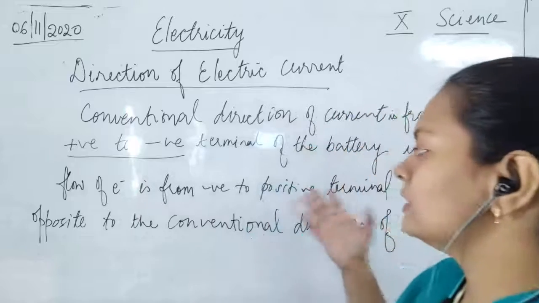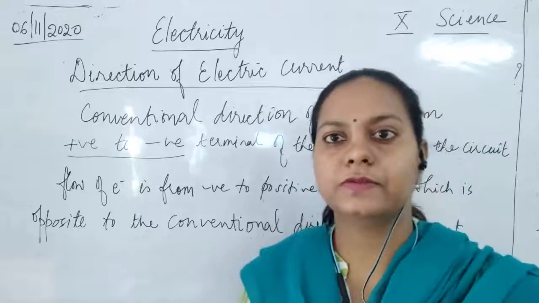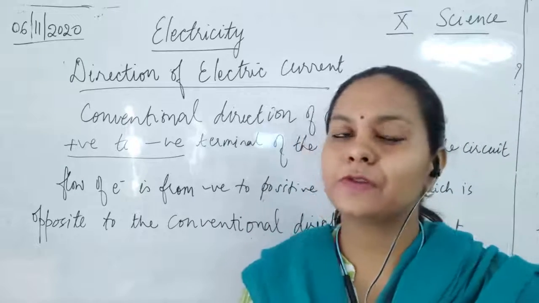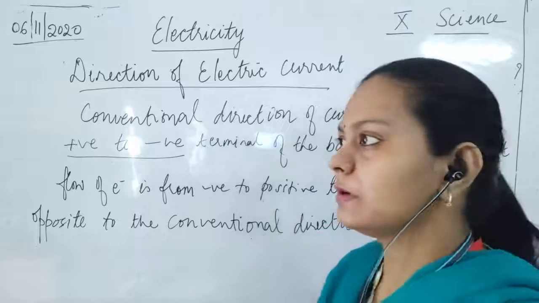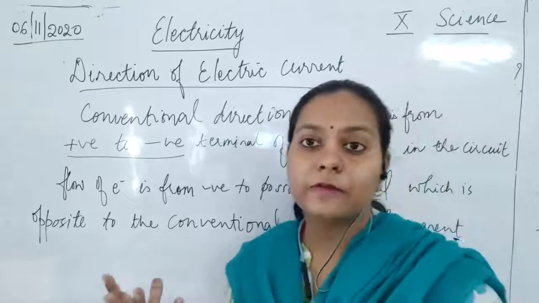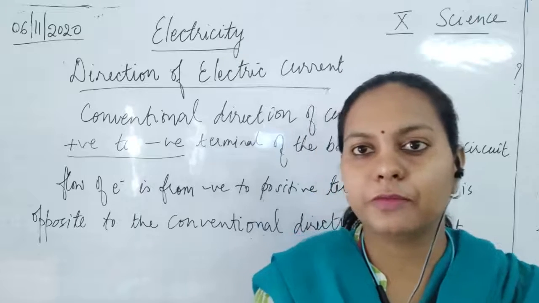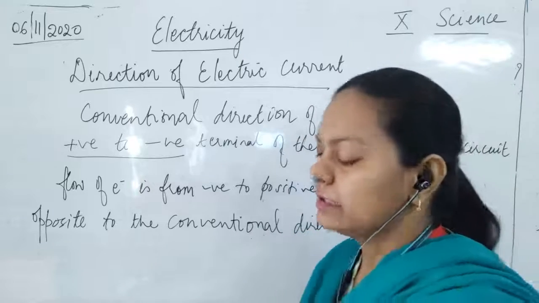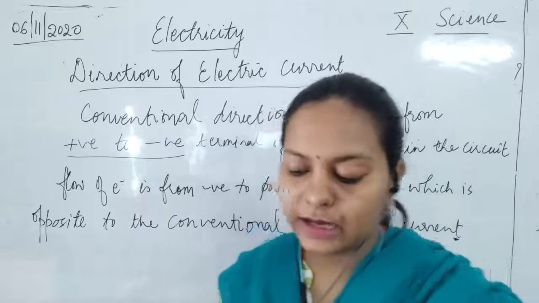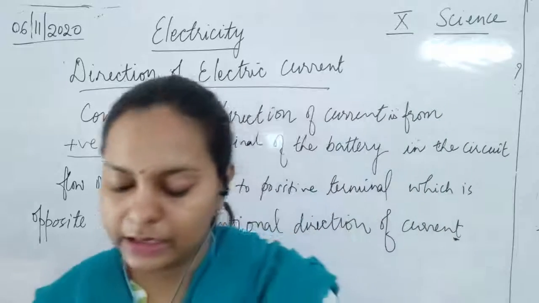Now the flow of electrons is always from negative to positive terminals, okay. Now why is this from negative to positive terminal? It is because the electrons are always moving from negative, it is always coming out from the negative terminal to the positive terminal, okay. Now how does the current flow in the circuit, in the wire?